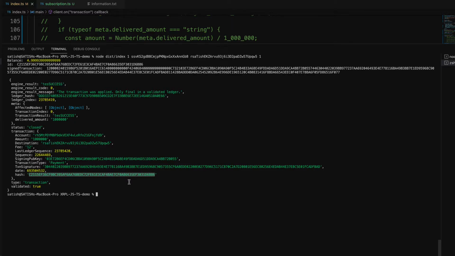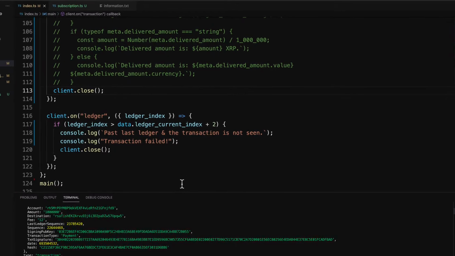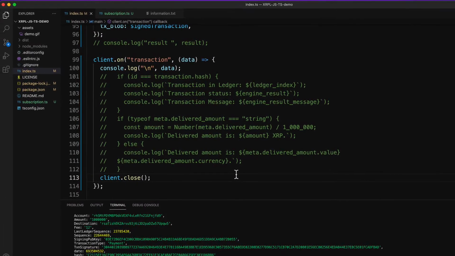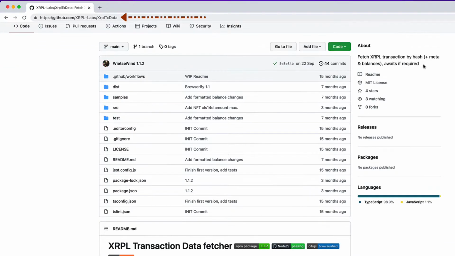Okay, so in this case validated is true, but still we shall verify if this transaction was included in the closed ledger or not. For that we need this hash, or the ID, which we get when we sign the payload. For now we know hash has this transaction ID, so let me copy it. And then inside the event handling, I'll show you the library I'm going to use, which is xrpl-tx-data. You can see the URL for this library here